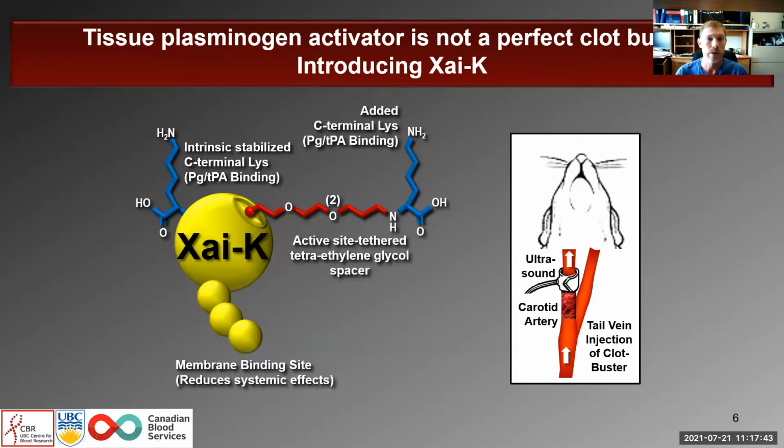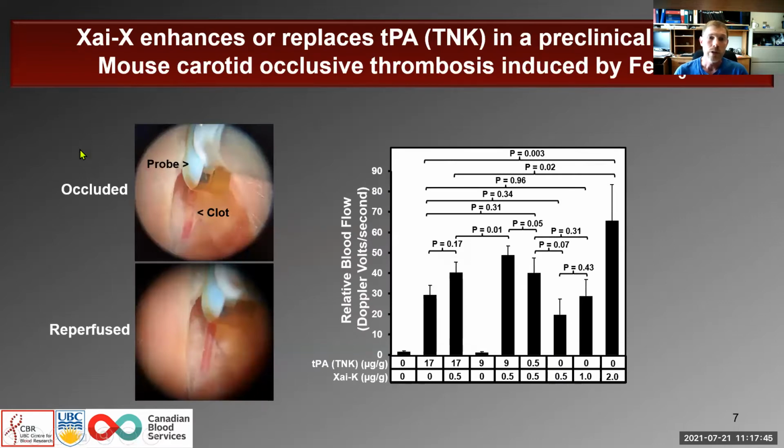Next slide. Here you can see what it looks like after the occlusive clot has been generated. The clot is made by placing a piece of ferric chloride soaked filter paper directly onto the carotid artery for a defined period of time, and then removing it and washing away the excess ferric chloride. It's actually super cool to watch this. You can see the clot form with little bits breaking off and then reforming to finally fully occlude in about 7 minutes. Once we have this stable clot, drugs can be injected into the tail vein to try to break